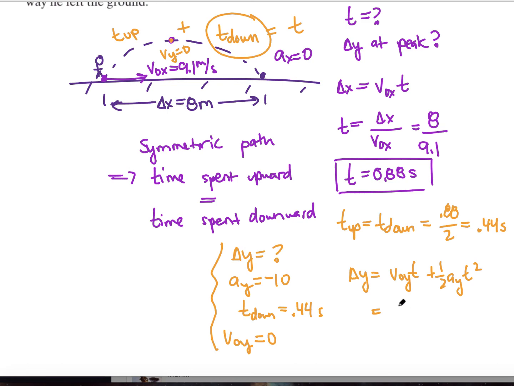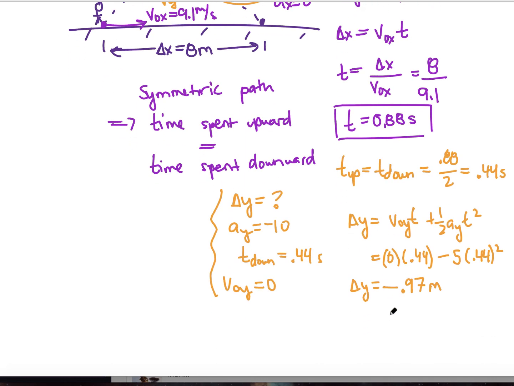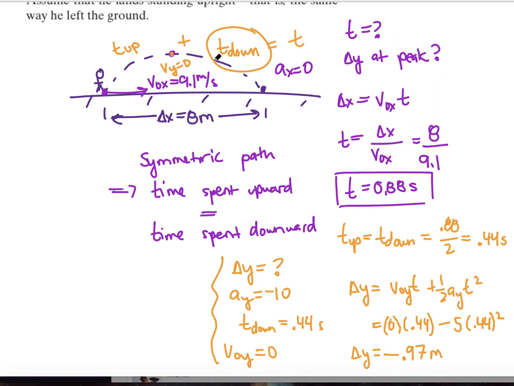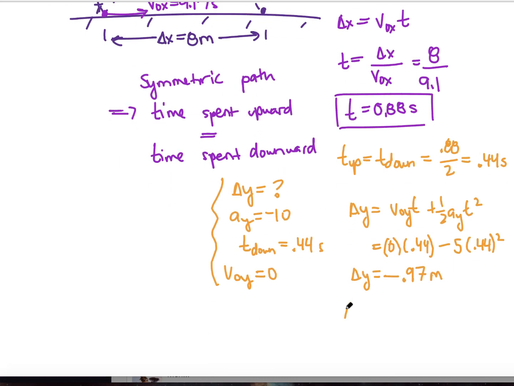So v naught y we just said is 0 times time, so I'm not going to write that, 0.44, minus, well, -10 times 1/2 we keep saying is -5, and then minus 5 times 0.44 squared. So the delta y, which is how high up I went, has to be, in this case, -0.97 meters. Well, I don't really care about the negative bit because remember I started here and I went down, right? So I just care about the fact that the maximum height is 0.97 meters,